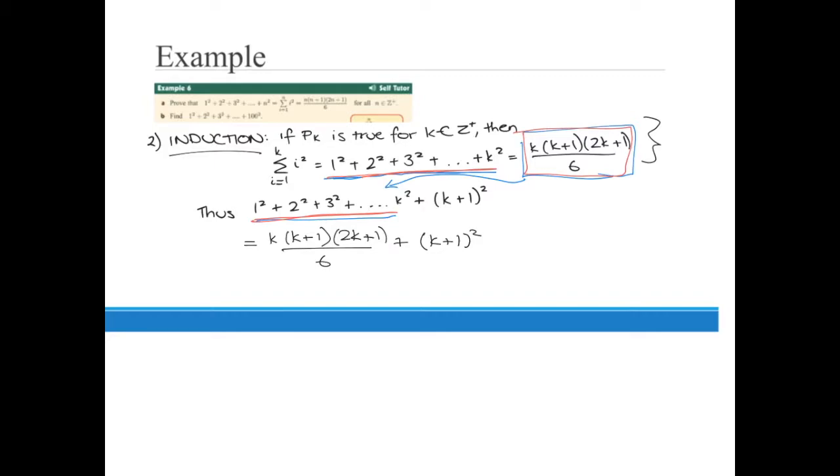So if we have a look here, what have we got? Well, let's make this one fraction. So if we multiplied both of these by 6 over 6, we would then have (k+1)(2k+1) over 6 plus 6 lots of (k+1) squared over 6. So we could then go